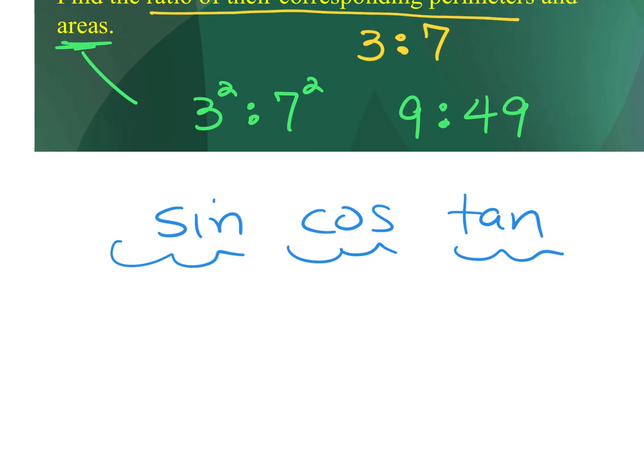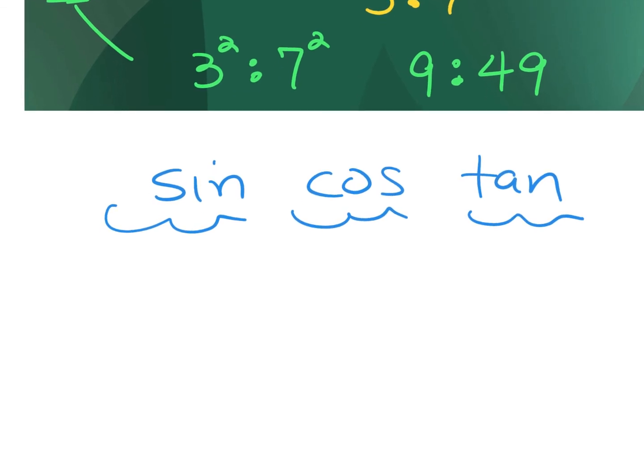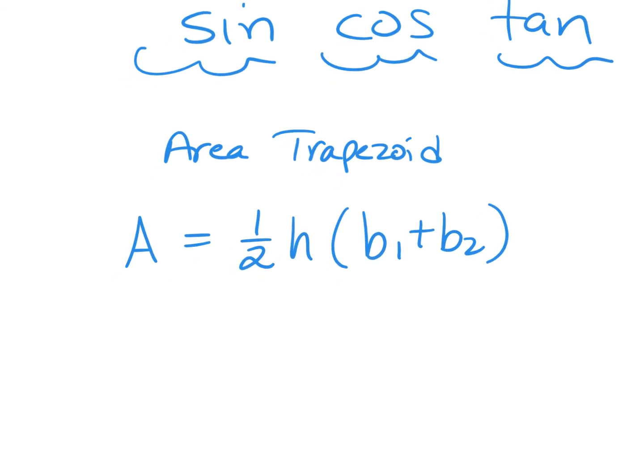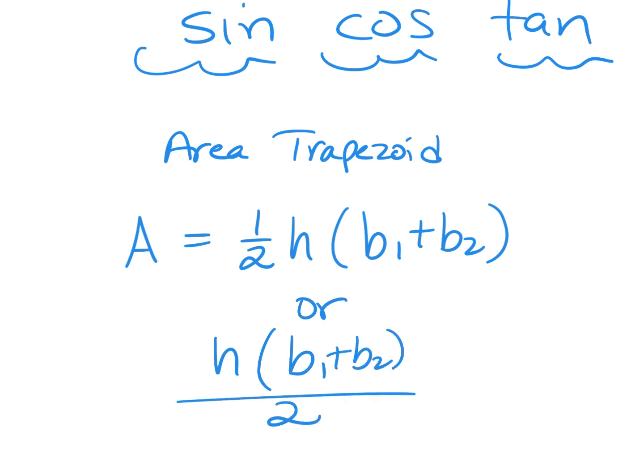Also, for the homework tonight, you need to know the formula for the area of a trapezoid. That formula is going to be 1/2 times the height times base 1 plus base 2. You could also do it as height times base 1 plus base 2, and then divide it by 2. Either way,